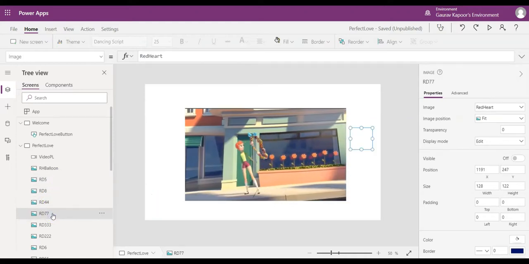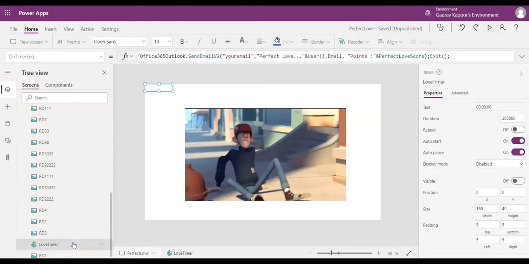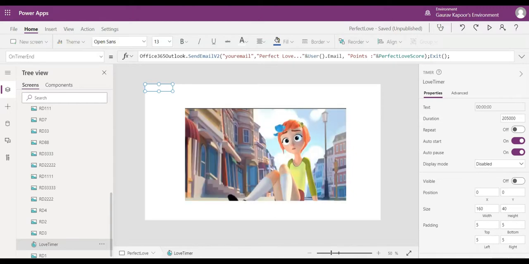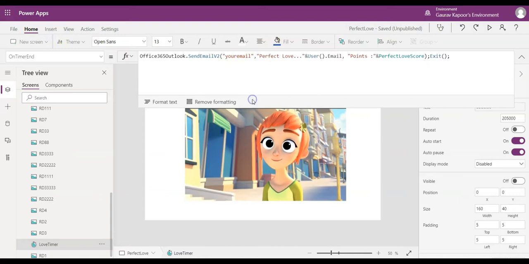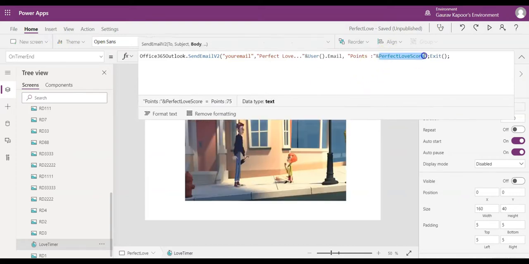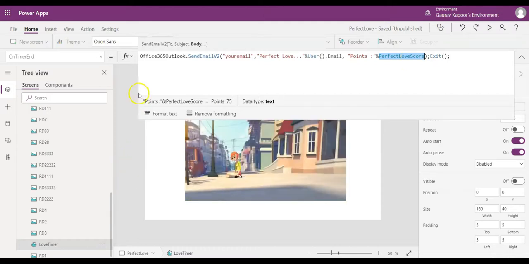I have applied these two properties, and if I go to the timer, on timer end it will send an email to me with the user email and the points accumulated while playing this app, which is the Perfect Love score, and it will exit the app once this video ends or the timer ends.